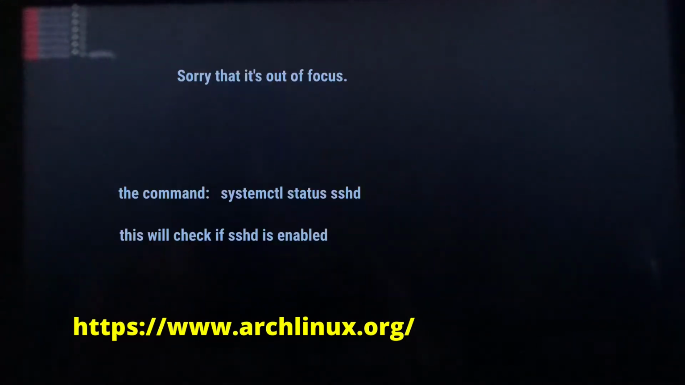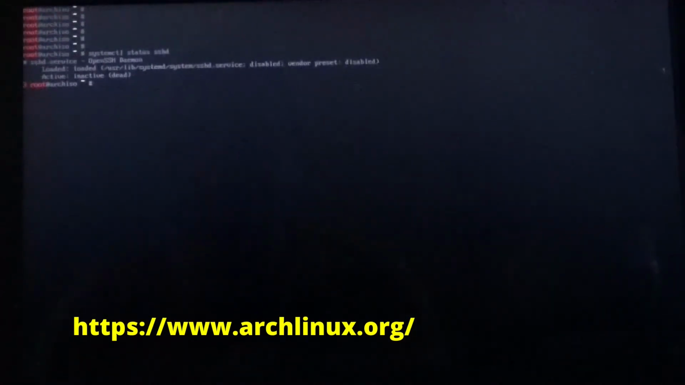One way we can do that is systemctl status sshd. And it's loaded, but it is inactive. So it does come in on your ISO. It's not active. So in order to activate it, I'm going to up arrow the last command back, and I'm going to change where it says status to enable